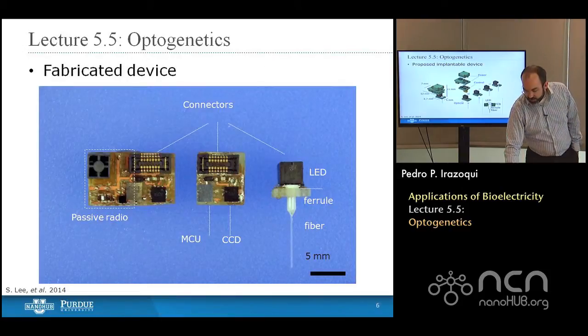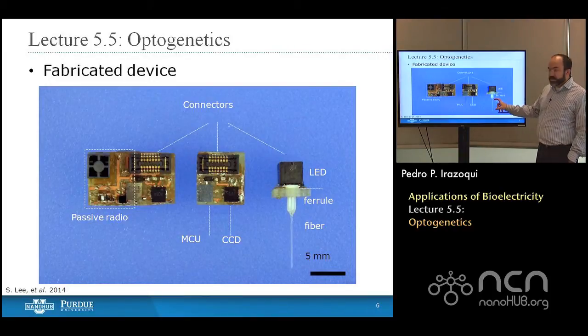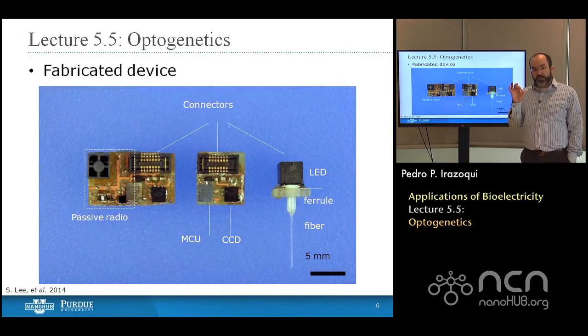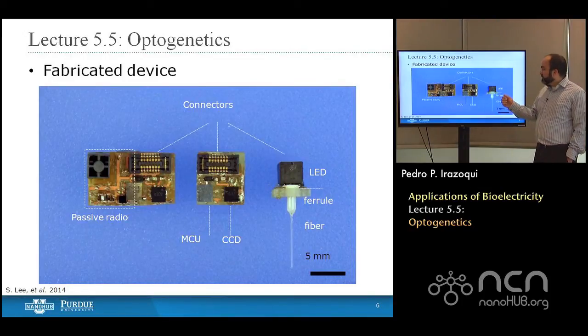So here's a photograph, rather than the cartoon in the previous slide, of the device in question. So you have the implanted optical fiber, and this fiber can have any number of different widths. And so we take this fiber and we push it down into the brain area that we're interested in. Then we lock it in to the cranium with this connector, the LED, which will replace a laser. So we've gone from a tabletop system that uses watts to a minuscule surface mount system that uses milliwatts, a fraction of the total power consumption.